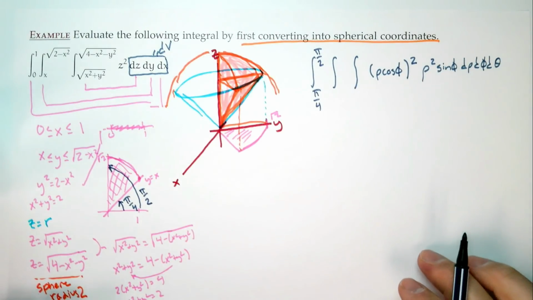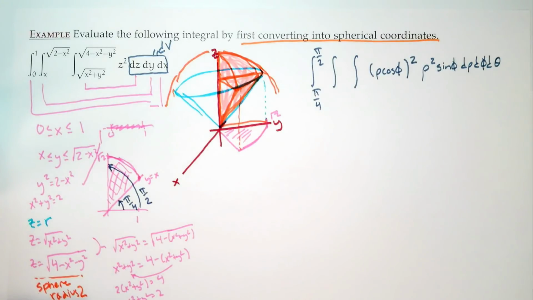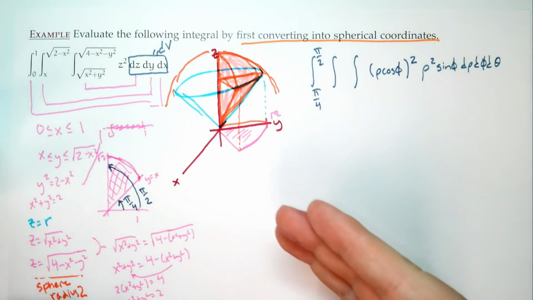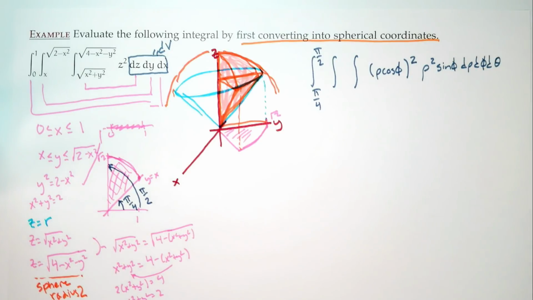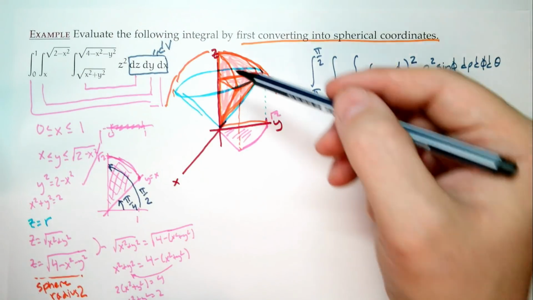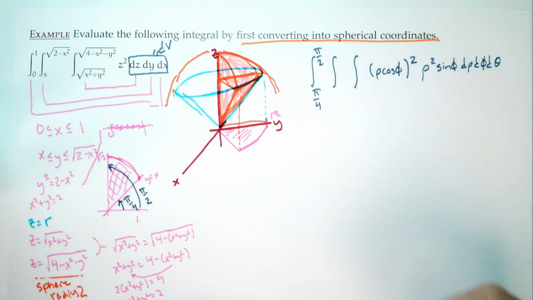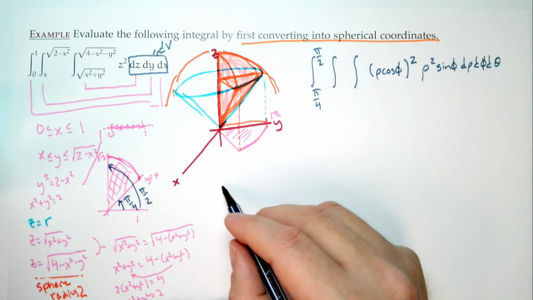How about our bounds for phi? That's our next layer. Well, suppose we slice. Now let's actually take a slice where we'd see something, because of course if we slice at a weird angle we might not actually hit the solid. But let's just take, for instance, the YZ plane. Okay, so that hits something. So when we look in the YZ plane,